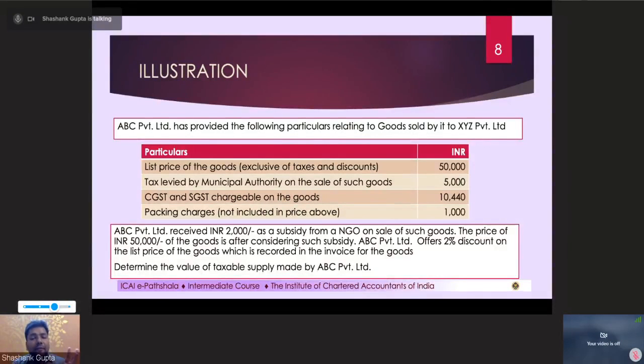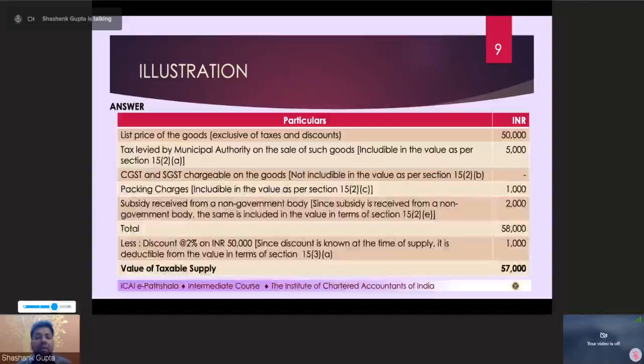So list price is 50,000 plus tax levied by municipal authority 55,000 plus packing charges 56,000 plus subsidy 58,000 minus the discount 1,000. The answer is 57,000, and all the other answers which you have given, please introspect, please analyze what